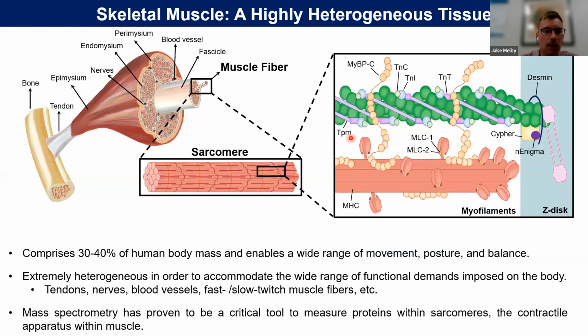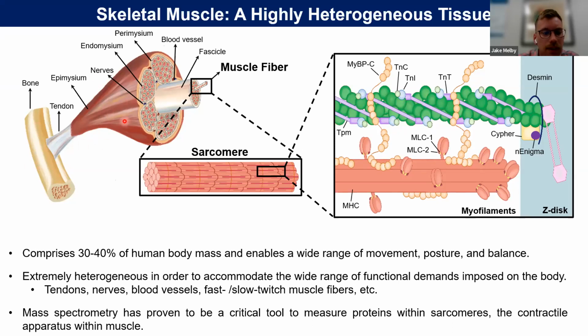So while the Ge Lab is more famously known for studying cardiac muscle, I've spent a lot of my time studying skeletal muscle, which is a very abundant component of the human body. It makes up 30 to 40% of our body mass. It enables a wide range of movement, posture, and balance. You can see this image of a cross section of just a generic piece of skeletal muscle. The main point of skeletal muscle is